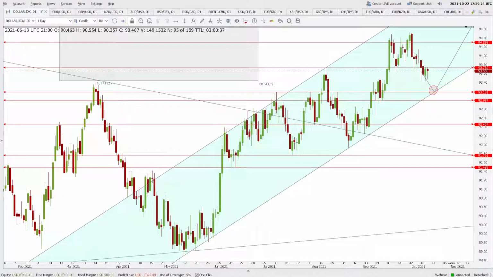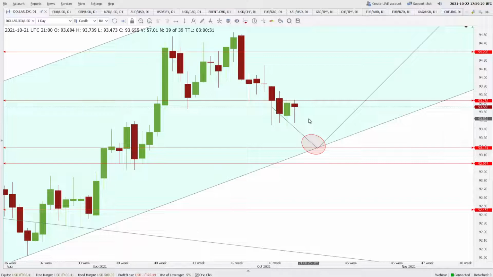The first chart that you are going to see on your screen right now is the US dollar index. This dollar index is trading between 93.73, which is a supply zone, and 93.18, which is a demand zone. Supply zone is known as resistance and demand zone is known as support. So right now it is trading near the supply zone. Every time the price tends to go to the 93.73 level,